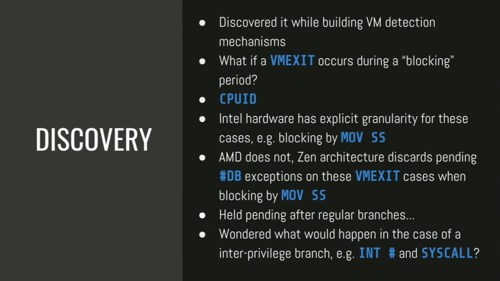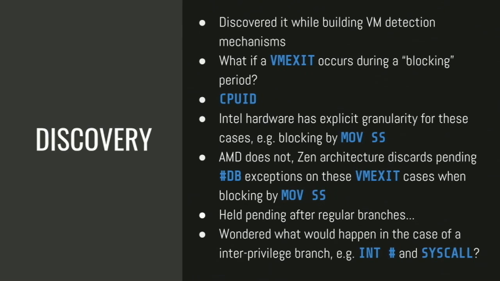At the time, my thought was, in the particular case of Intel VT-x, CPUID is an unconditional exit. So what would happen if CPUID followed a MoveSS load? What would happen if we had a VM exit after MoveSS? In this particular case, Intel actually explicitly describes in their manual that during this exit, there's a blocking by MoveSS for one instruction cycle. AMD actually says nothing. It's like, hey, whatever.